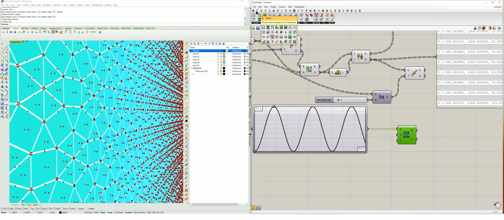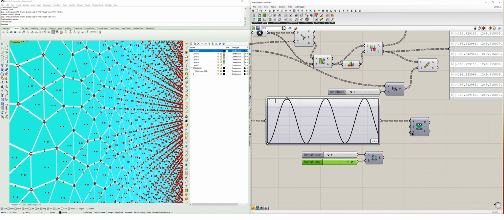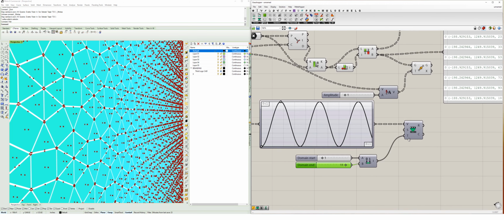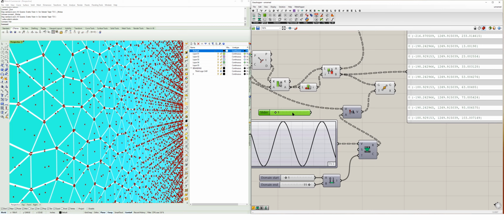So going up to maths, construct domain, let's just grab a copy from this here, holding Alt, dragging that copy, put that into the lower bound, make another copy with Alt drag, crank that up to like 10, 11, 12, whatever you want. And that's going to be my target domain. And now I've remapped those percentages back to useful dimensions I care about. And plugging that into the amplitude, now we've got a dynamic